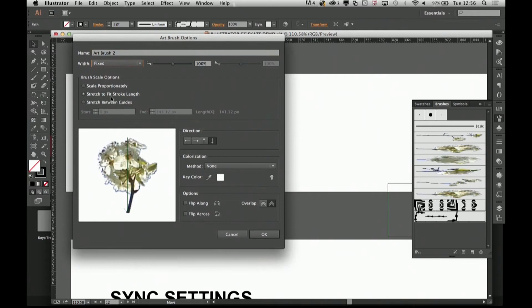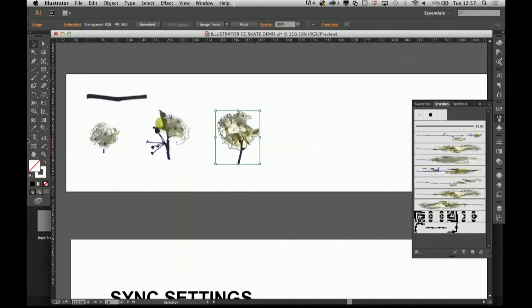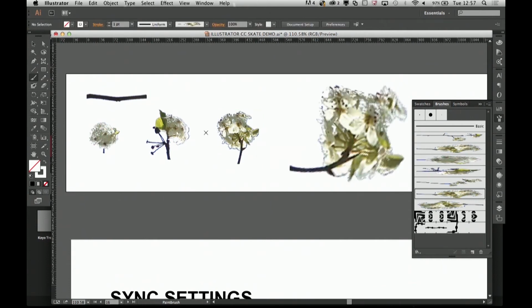I can choose to scale the brush proportionally, stretch to fit the stroke length, or stretch between the guides. If I choose this one, you can actually select the bit that is stretched out, which is a nice, useful aspect to the tool. So let's take a look at those different options here. If we stretch to fit the stroke length, we're going to get something along these lines. Nice and big. And if we now come in and edit this brush,